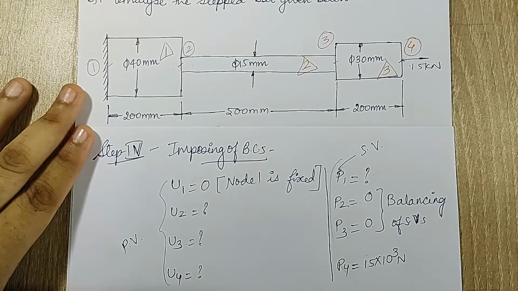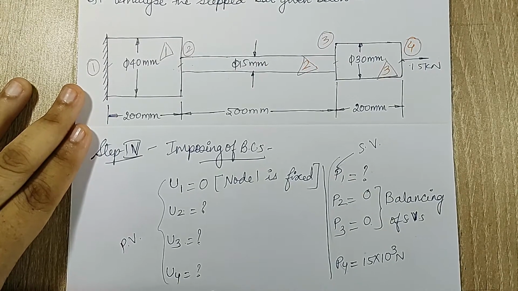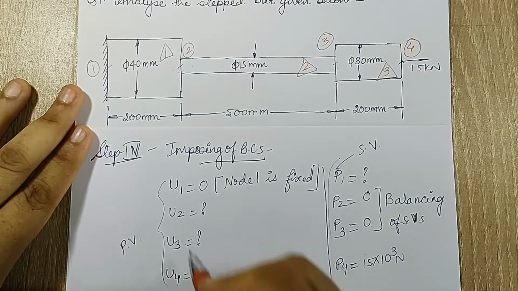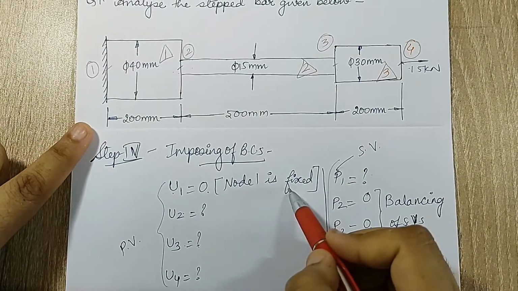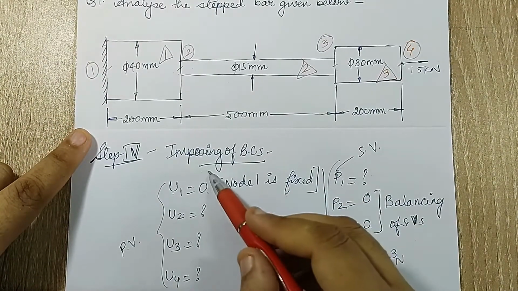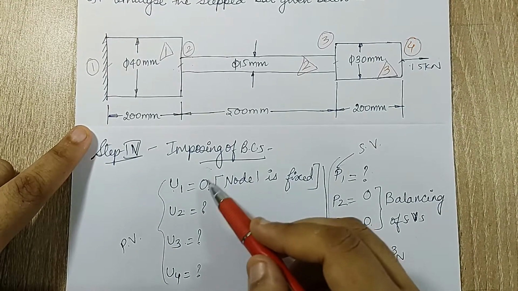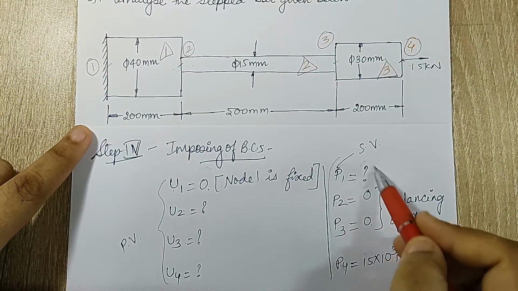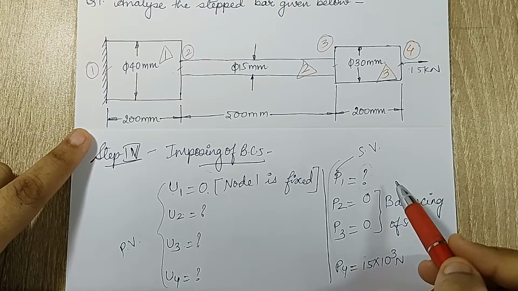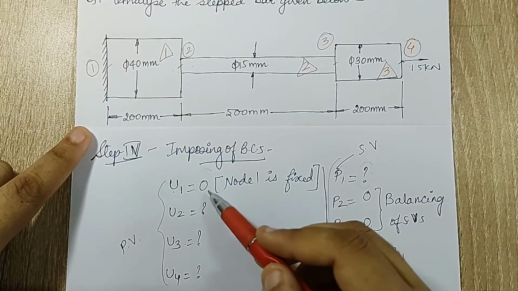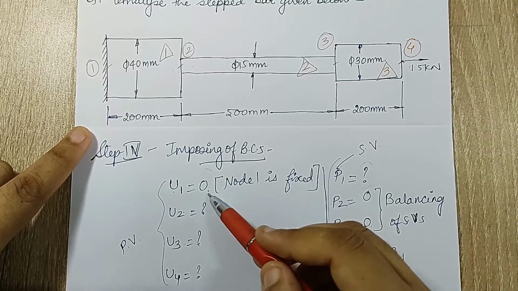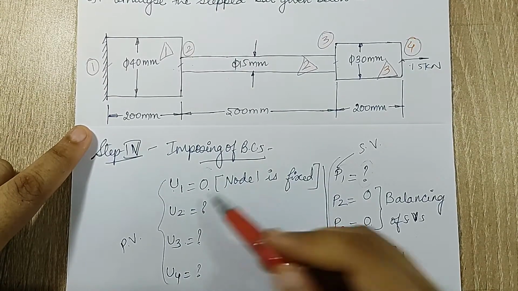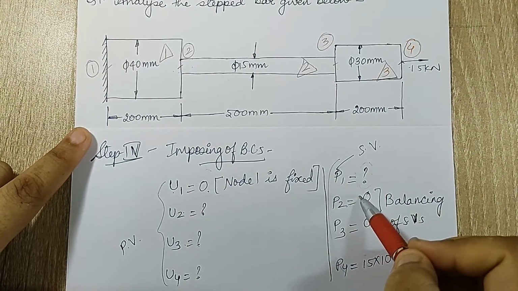Now, I would give you a small trick which will help you remember how to balance out these terms. If you observe, this U1 was 0. This is from the diagram, node 1 is fixed. FEA says that if you know a value at one end, the other end should have a question mark. This is just a trick which you can use. If I have 0 or some number over here, this value is known. Even 0 is a known number. So if one end is known, the other end can have a question mark.